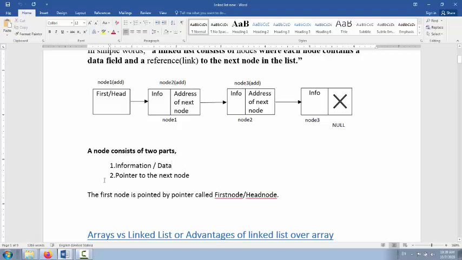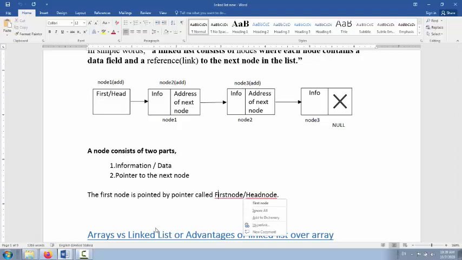It can be anything. The second part points to the next node. So a particular node is divided into two parts. In every linked list, the first node is called the head node, or we can say it can be called the first node.